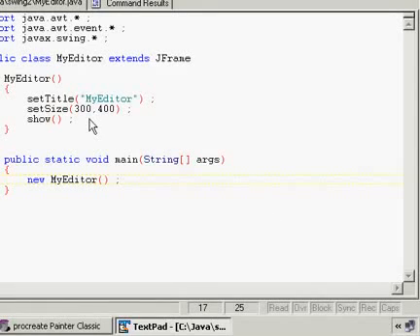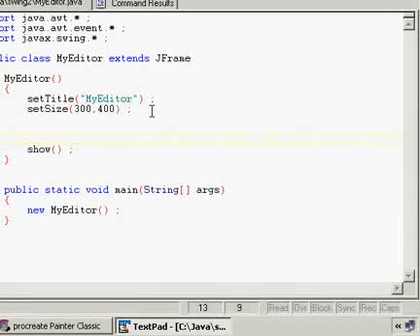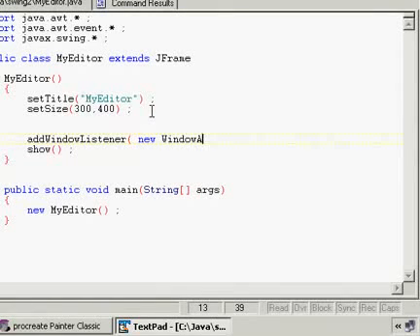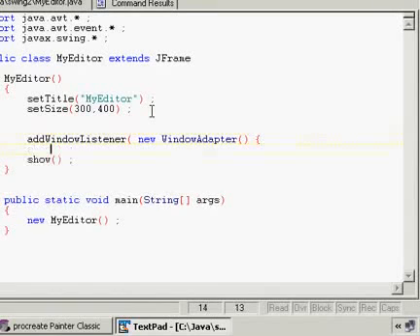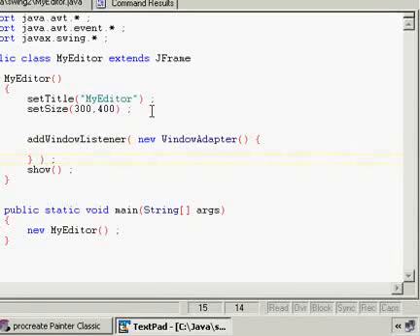This is where I'm going to use my anonymous inner class. I'll just come right down here below the, we'll just go ahead and add that window listener. So I'm going to say add window listener, and it takes a window adapter. And remember, window adapter is an adapter class that I can go ahead and inherit, and because I'm extending from one class, I don't have to override several methods had I gone ahead and implemented the window listener class. And in there we have a public void